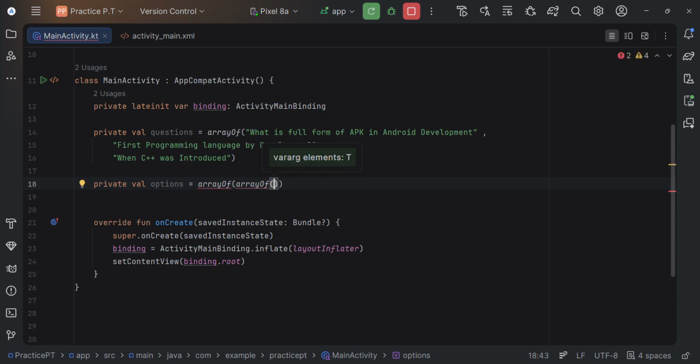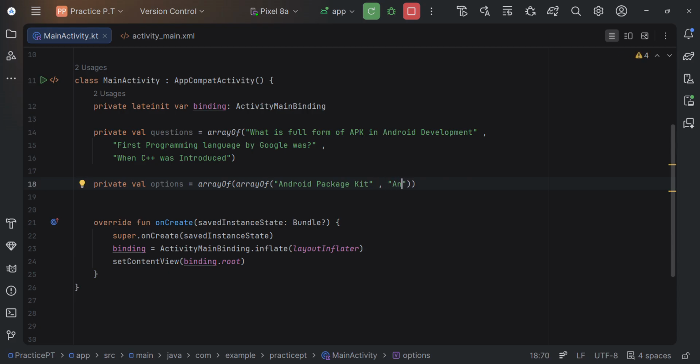Array of, and we will write, for example, Android package kit. Spelling is wrong. Android package kit,